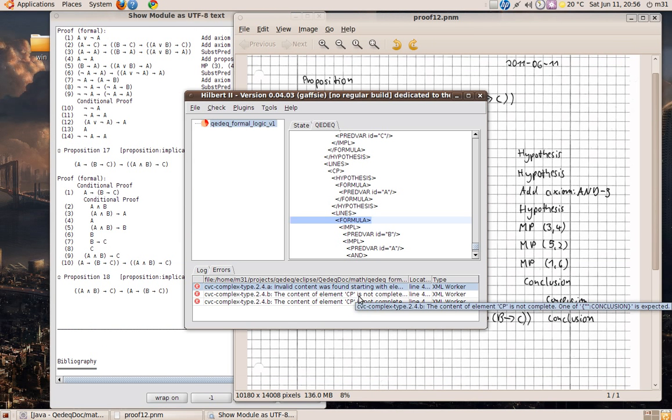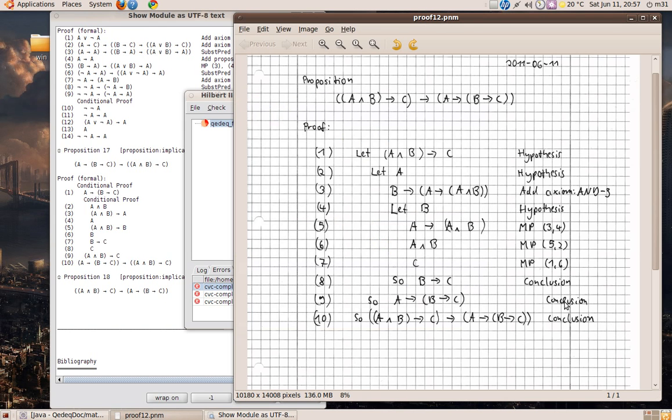Okay, so we have to shift it. What's next? To minimize. Okay,